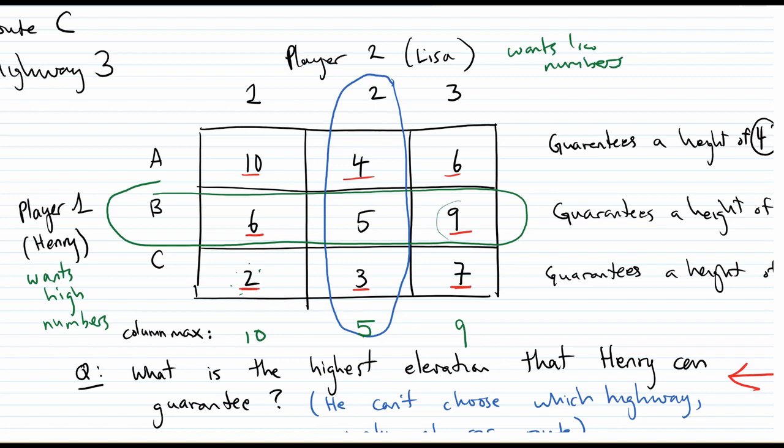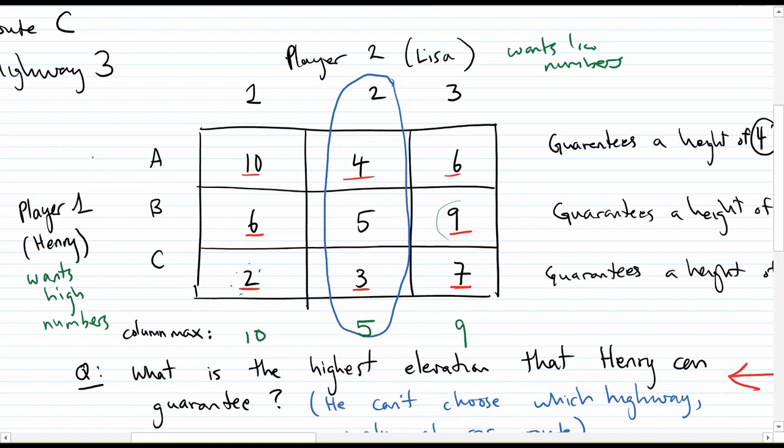So take a look at what happens with this game once both players have figured this out. Well, Henry has no incentive to depart from B, because if he guesses correctly that Lisa is going to be conservative and play for minimizing her loss, then he realizes that Lisa will play highway 2. And once Lisa plays highway 2, Henry has no choice but to choose route B,